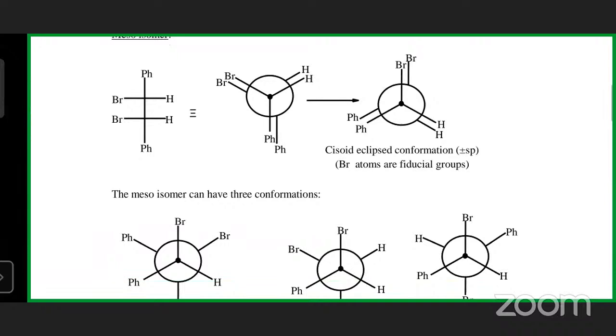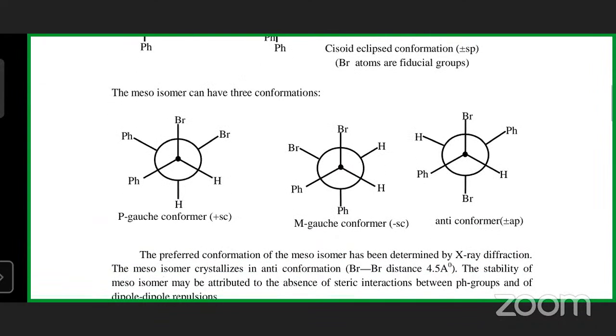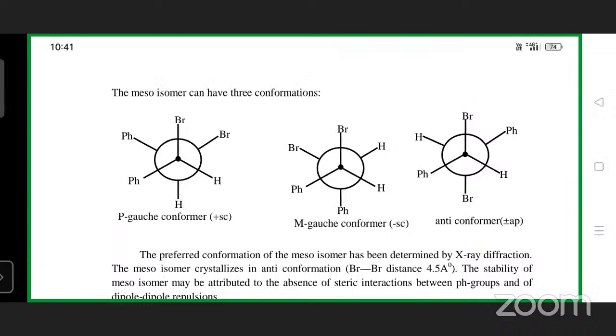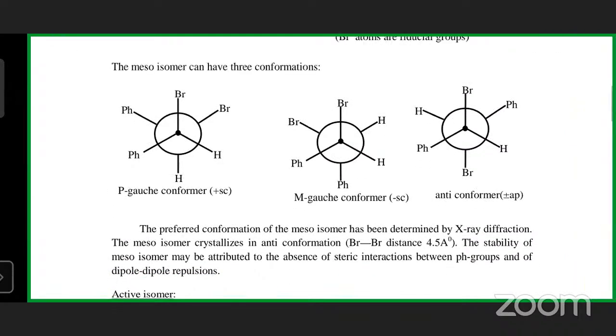So you see here, now the meso conformation, right? Here the eclipsed is generally always the least stable, and then the P gauche conformer and M gauche conformer. The only thing is to observe how the same groups are oriented or attached here, whether they are oriented oppositely or